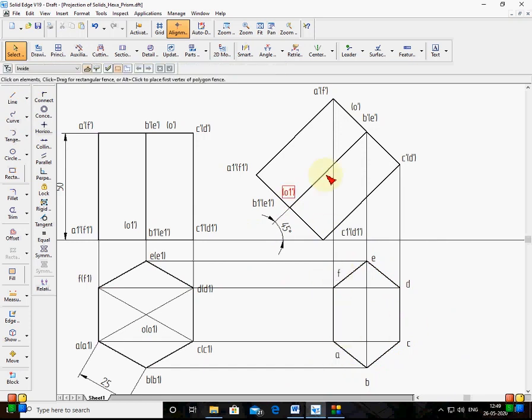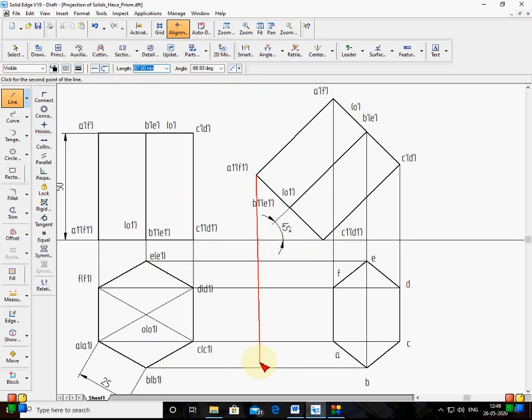Okay. So now here, next I'll tell you another concept. This is the extreme projector. This is another one projector. This is the projector of AA1. Now here, this is the extreme projector. This is the first projector. This is the last projector. In this, I told you, if I draw one line here and bifurcate, this portion is the seen portion.